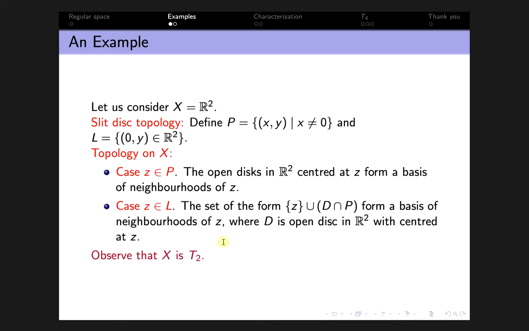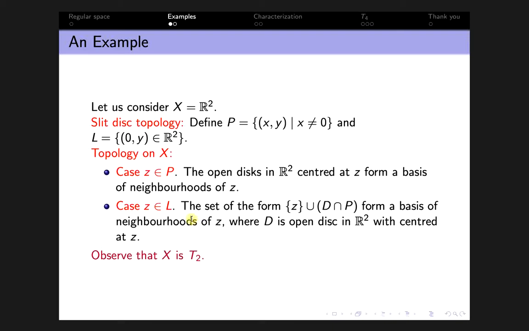So now if you denote the set of open neighborhoods, or local basis, at Z by B_Z, suppose B_Z is the local basis at the point Z, then the basis B is equal to the union of B_Z, where Z belongs to R2. Okay, this basis defines a topology on R2, and that is called the slit disk topology. And of course it is